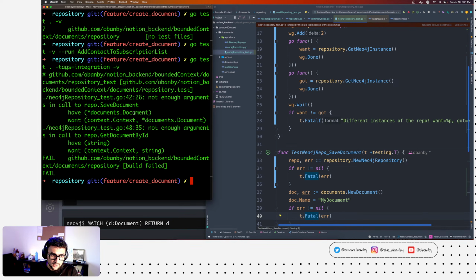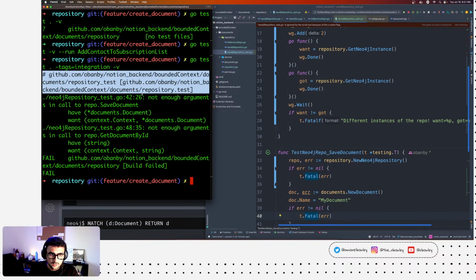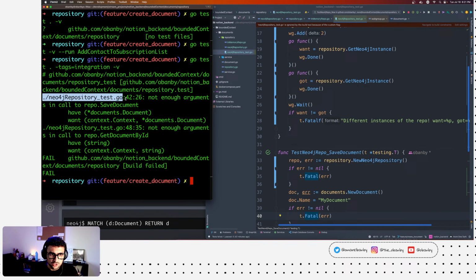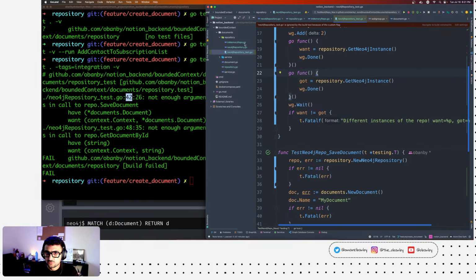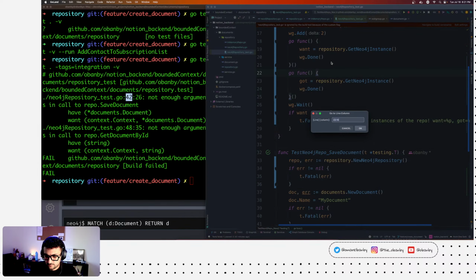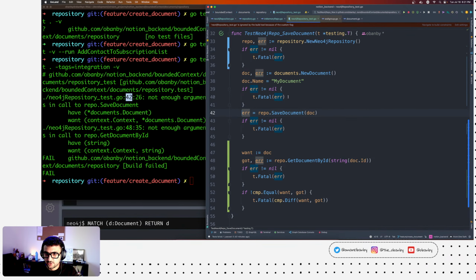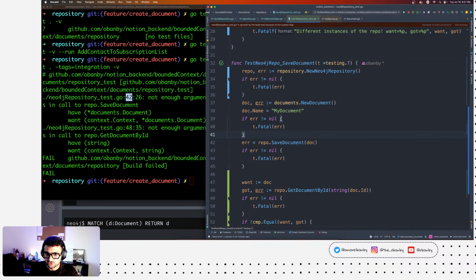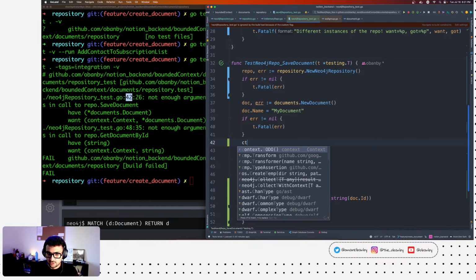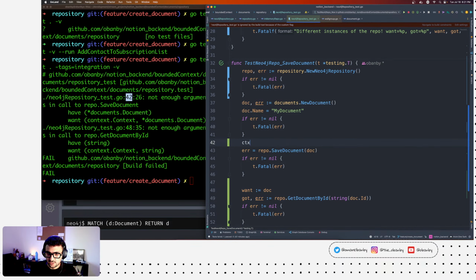Right, so now we're getting an error at the Neo4j repository, line 42. Of course, because we're not passing the context to the saved document. So here, this is where you create a context.